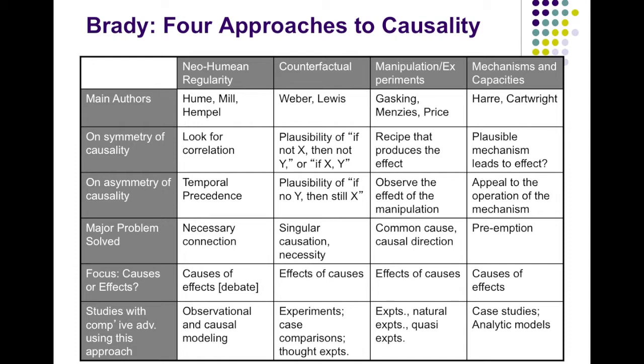The second approach, which we call the counterfactual approach, argues that causal inference is related to counterfactuals. If we make a claim that A caused B, that suggests that if not A, then not B. The world in which A doesn't happen is the counterfactual world. So if we say that the assassination of Archduke Ferdinand caused World War I, that implies that had there not been the assassination of the Archduke, we would not have had World War I, or at least not in that way or at that time. In fact, there's a lot of historical debate over that particular counterfactual claim.